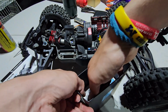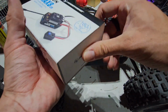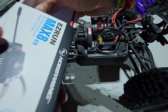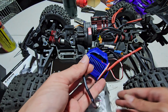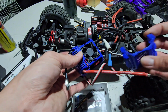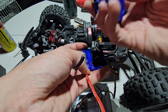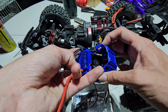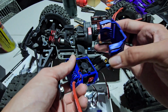The only reason I took out the stock Traxxas system is because I had one hell of a landing on her noggin, and it took the impact directly onto the ESC. And I'm already pretty weary of this ESC just because it's light. It feels like a toy. I don't trust the Traxxas electronics at all. So I went straight to Hobbywing, which a lot of people will probably